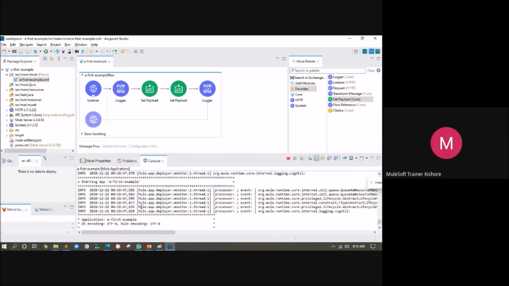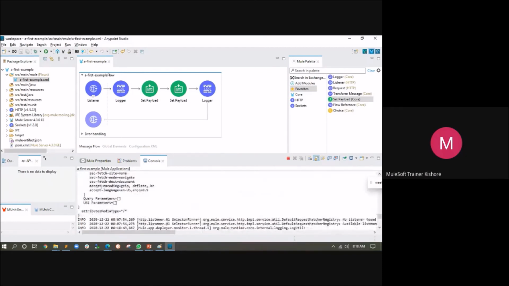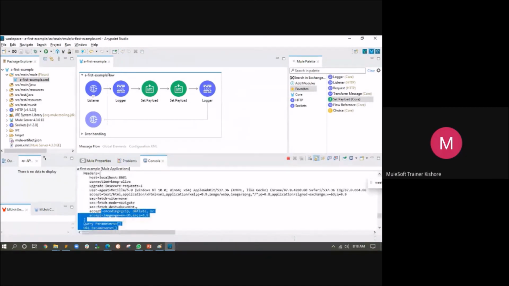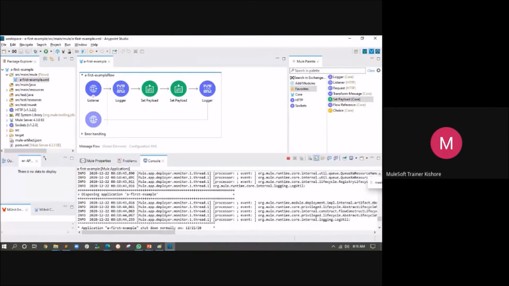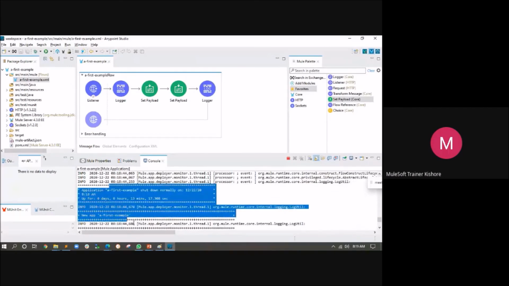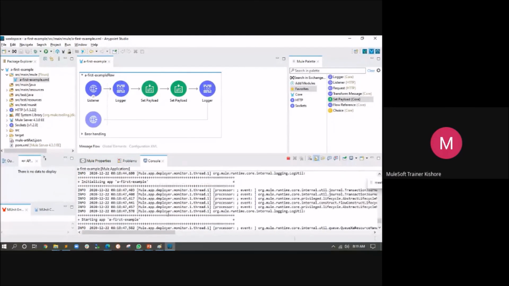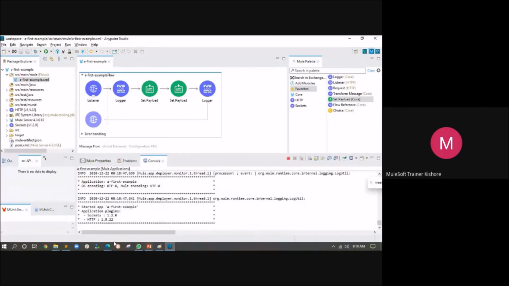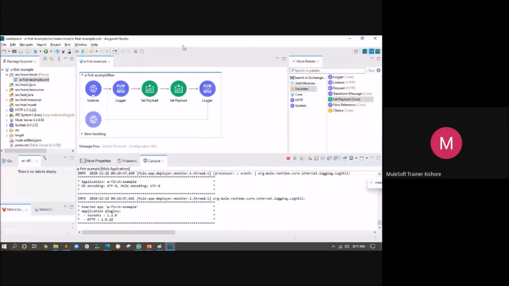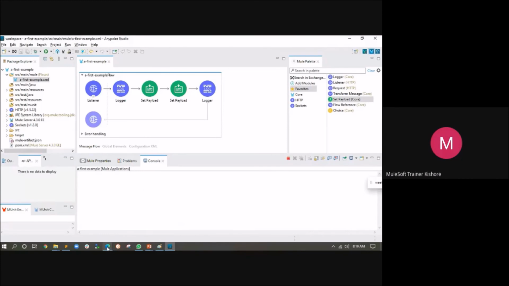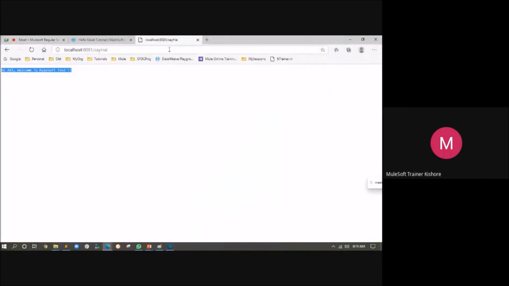Last time it printed this content for us, and then it identifies the change, says redeploying, stopping the application and disposing it, and again it starts a fresh deployment without our intervention. That is nothing but your hot deployment functionality. That is one more feature of your IDE. So now my application is ready. Let me go here and test my application again, and now you will get hello, welcome again to MuleSoft.